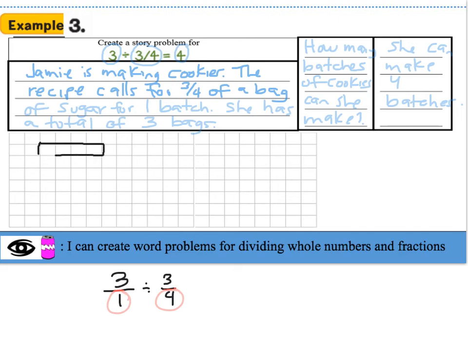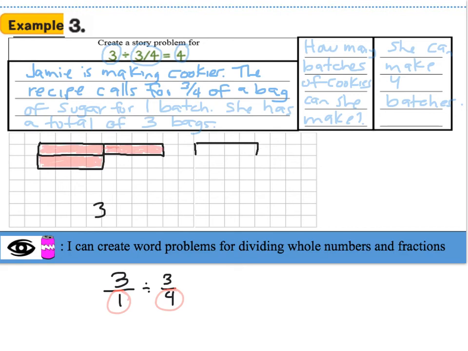Alright, so this right here is 1 bag of sugar. But she needs more than 1 bag. She needs 3 bags. So here's the second bag of sugar. And here's the third bag of sugar. So let's spend some time going and shading in. Okay, so now that we shaded all 3 bags of sugar, let's go ahead and draw our second model, which